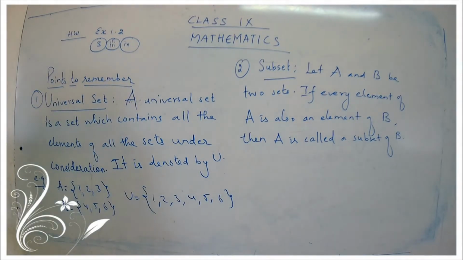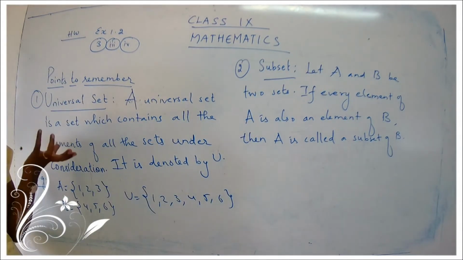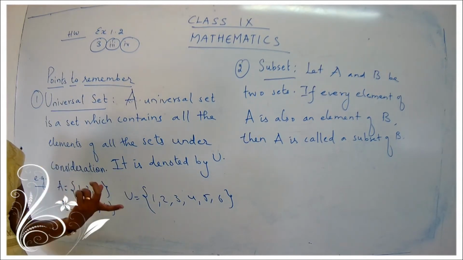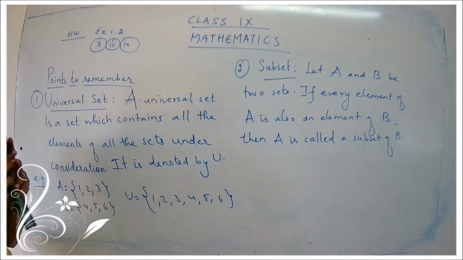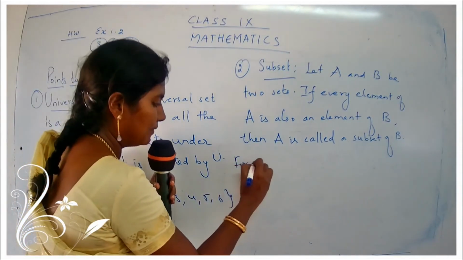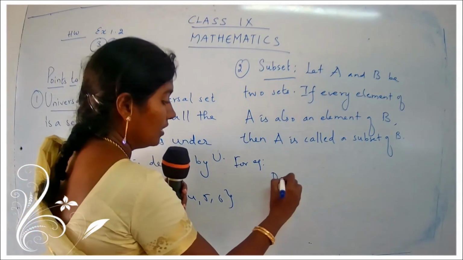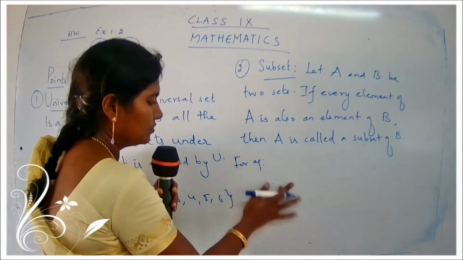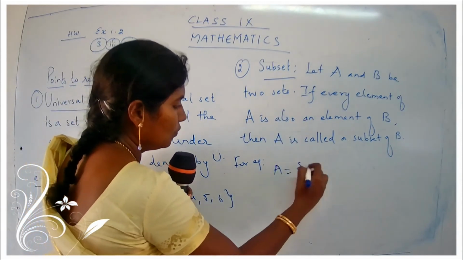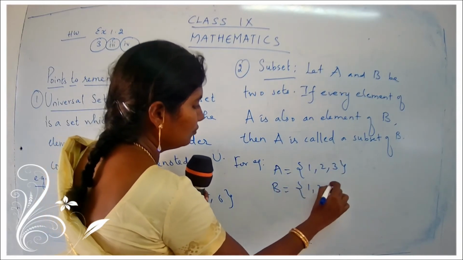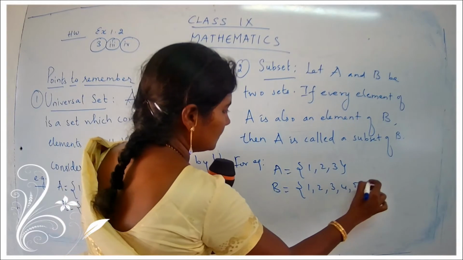This is very easy. When you see it, you may be confused with the statement. You may feel, what is the meaning of all this? I'm just not able to understand. I'll explain with one example what the definition for subset is. Okay, children, suppose A is equal to 1, 2, 3, and B is equal to 1, 2, 3, 4, 5, 6.